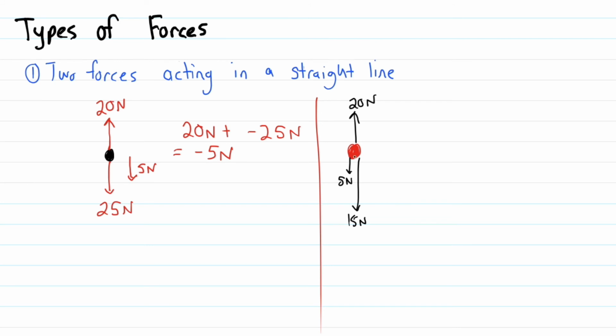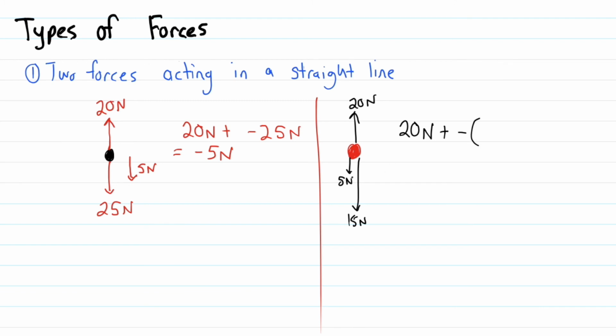As we can see, there are three separate forces acting on an object, but it is acting in two directions, upwards and downwards. So if we want to find the resultant force, we assume one direction is positive and another direction is negative. I'm going to assume the upwards is positive, so I'll put 20 Newton plus